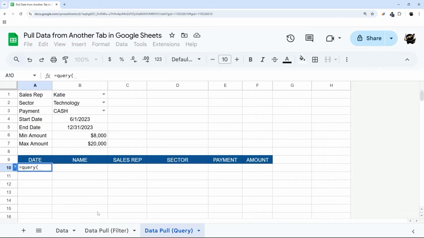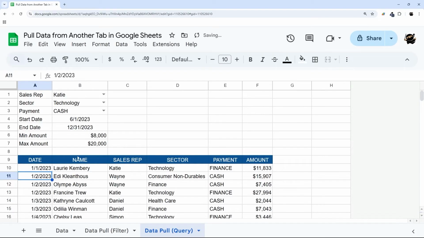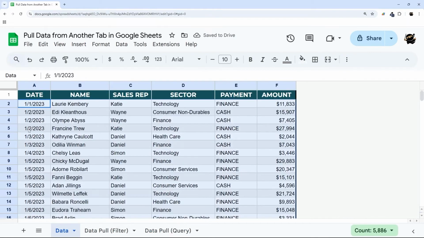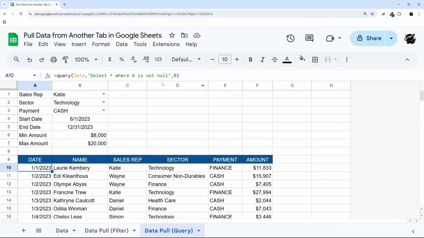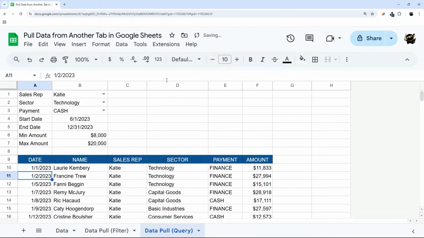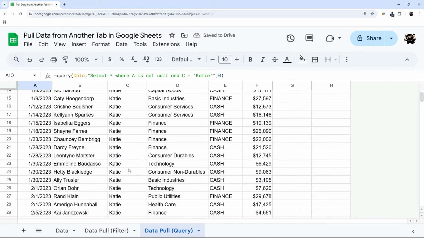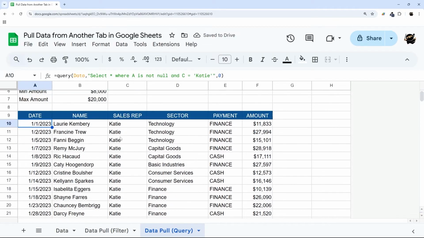So query, we do the same thing. We can pull in data. And then we could do, say, select all. This asterisk means all, where, let's say, A is not null. And that just means where column A is not blank. And so that's going to bring in all of our data from here. Now, we could do the same thing like we do with the filter. And we could say, and C is equal to Katie. And there you can see, just like we did with our first condition on our filter, we got that sales